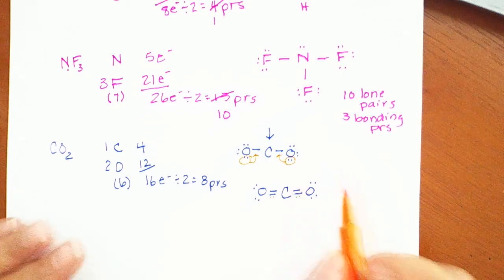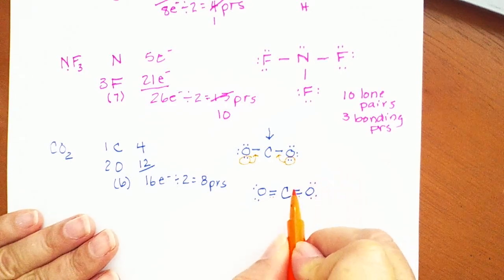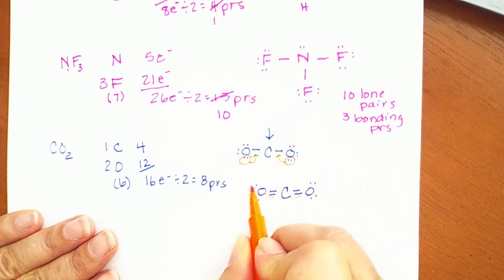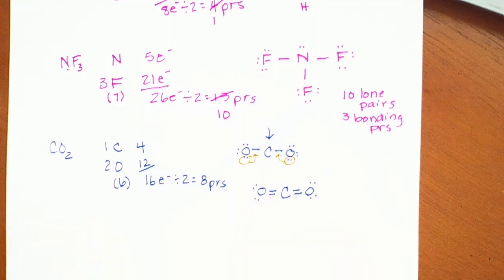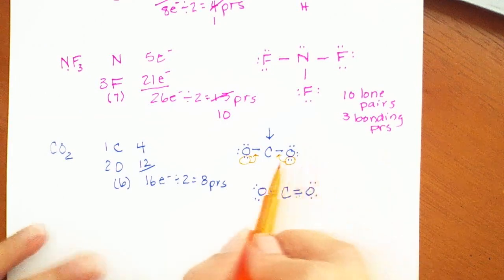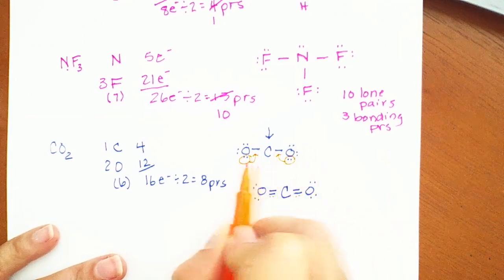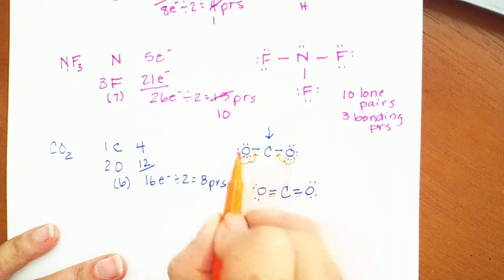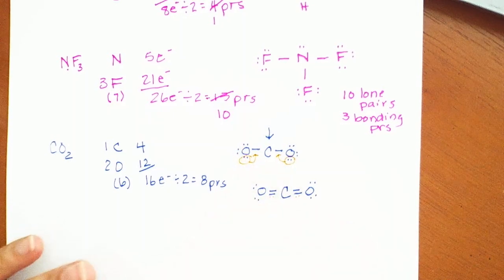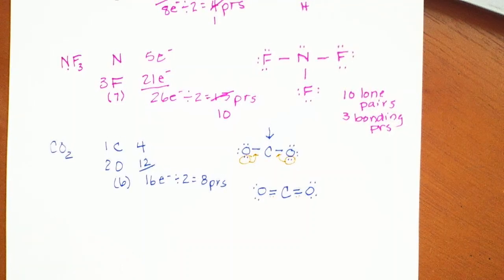So if I add up my electrons, 2, 4, 6, 8, 10, 12, 14, 16. So how did I know to do that? Well, I knew that I was coming up too short on this side and too short on this side. So I can use these 2 pairs to double bond it. So that works out great. All right, next. What about